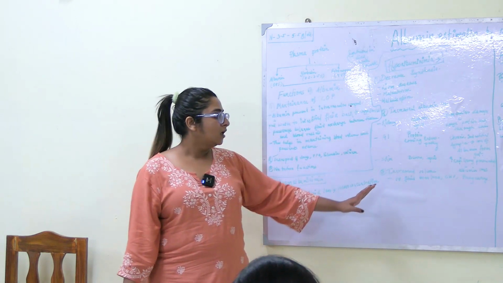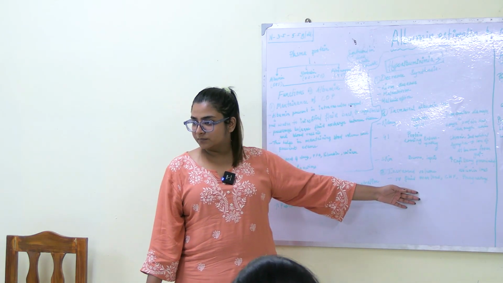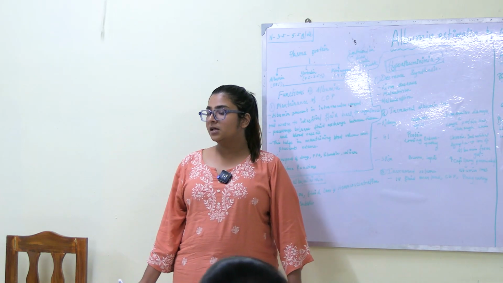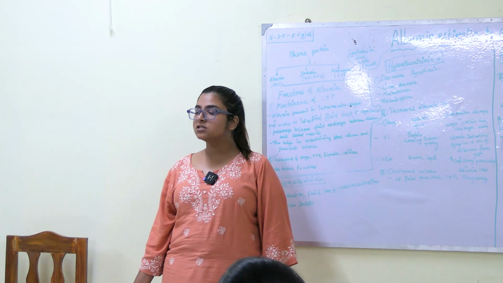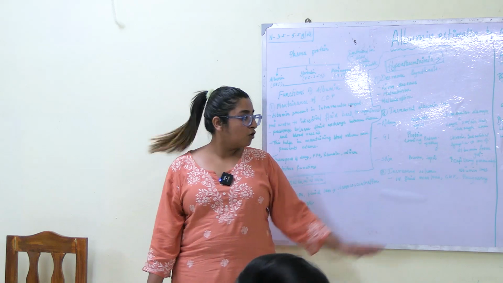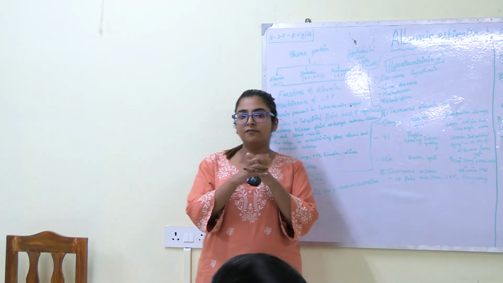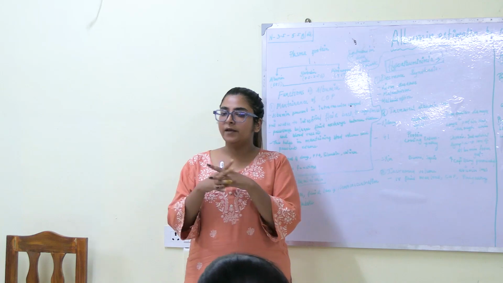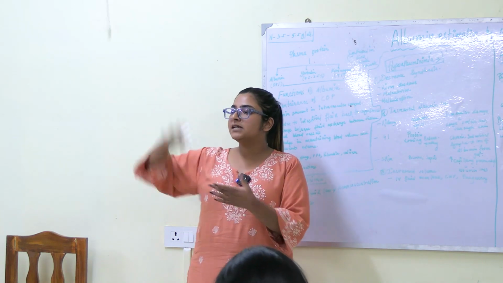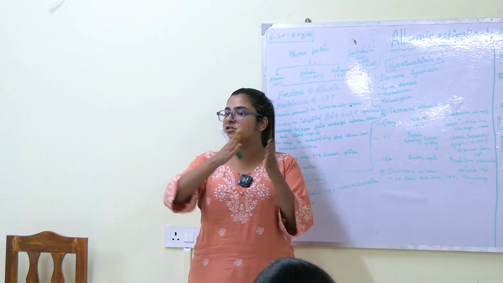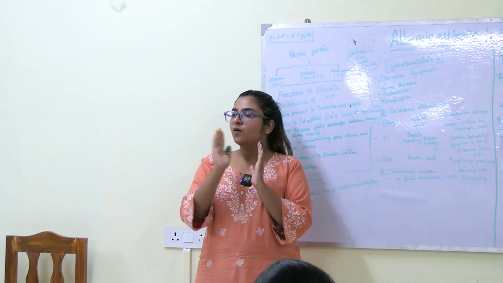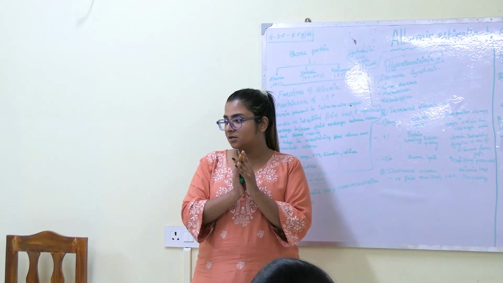Okay, and increased volume. All right. Now in case of increased volume, what happens? Hemoconcentration happens. What is hemoconcentration? Suppose we have albumin and fluid in our body. Now there is a lot of fluid that is increased in our body, but the albumin concentration remains the same. Right? So what happens? Hemoconcentration happens.